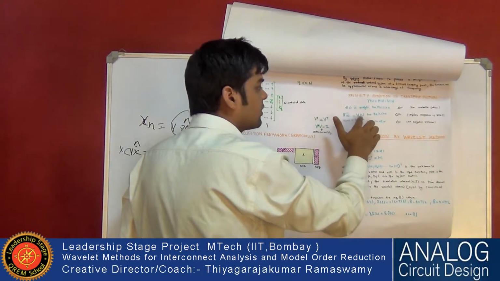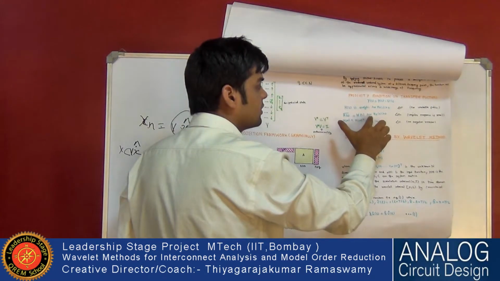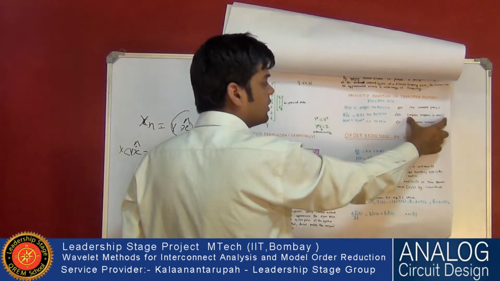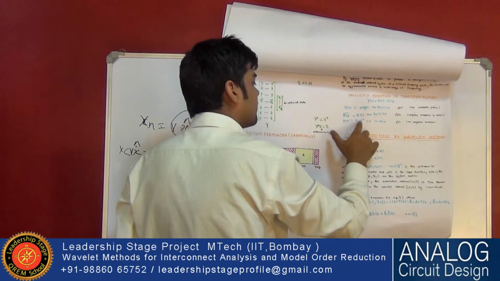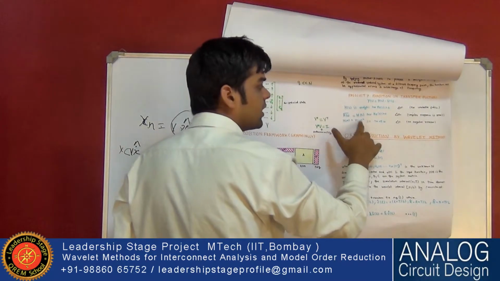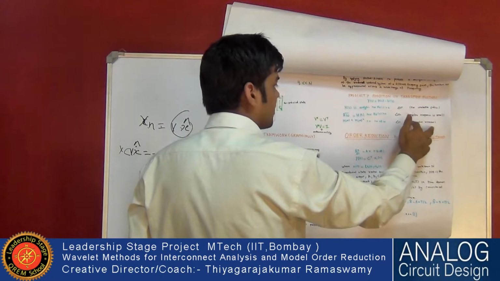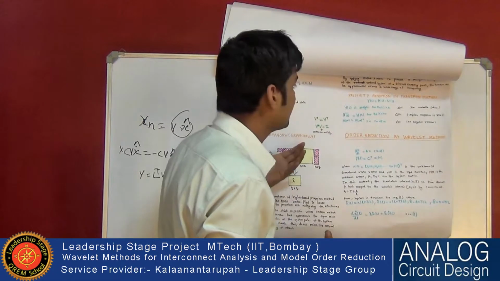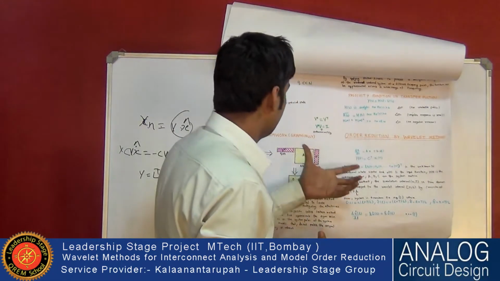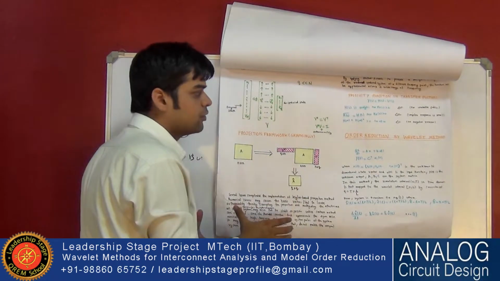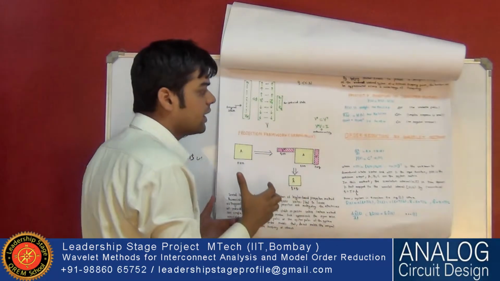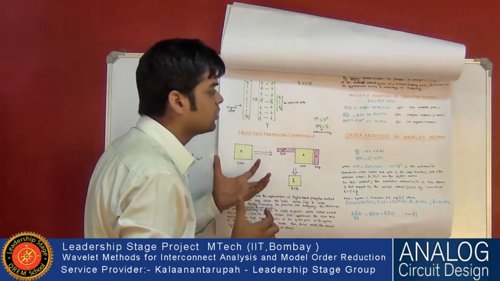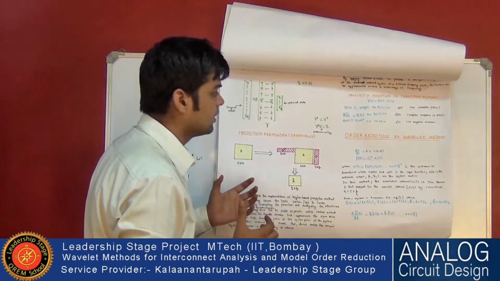H of conjugate of s is equal to conjugate of H(s). For this, the condition is that the impulse response is real, and the Hamiltonian matrix should be greater than this. It holds when there are no negative resistors. All circuits are present with positive resistors only. So if these algorithms are done by an iterative procedure, there is a possibility that it will lose passivity, so precaution should be taken while implementing these methods.